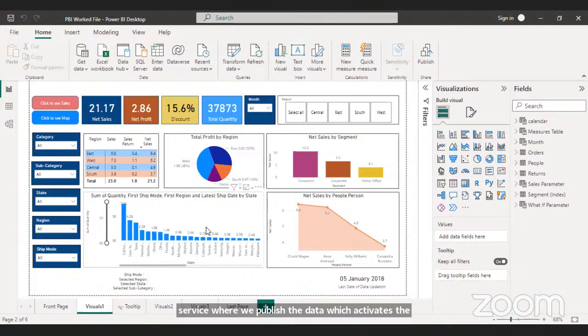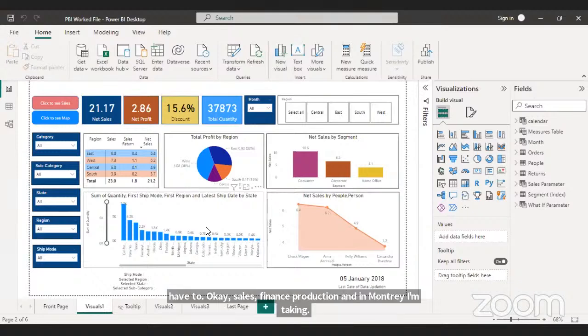For example, you are a data analyst or MIS analyst for the organization, and you would be working on a few departments, like sales, finance, production, purchase, right? You make different dashboards. In Excel, if you're working on a few dashboards, what would you do? Sales, finance, production, and inventory, I'm taking. For example, this is a separate dashboard you have made, and